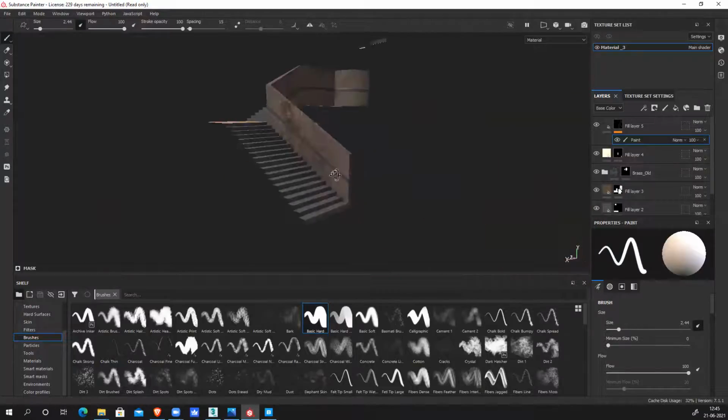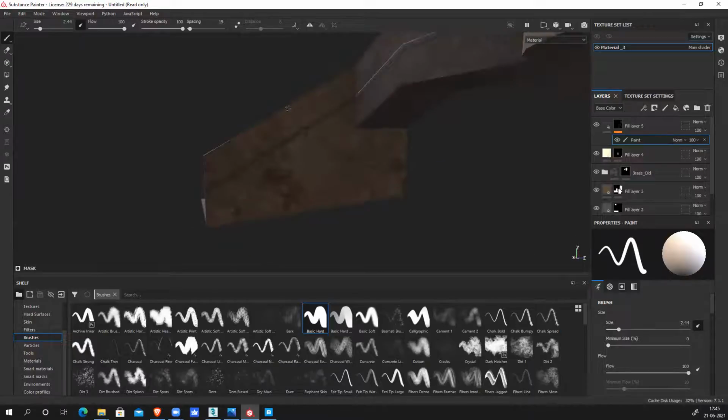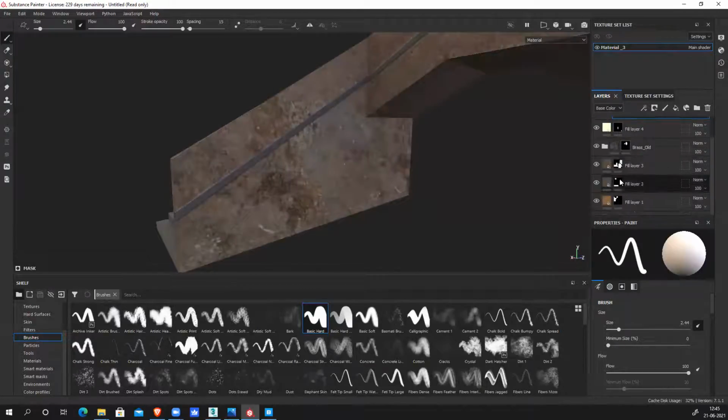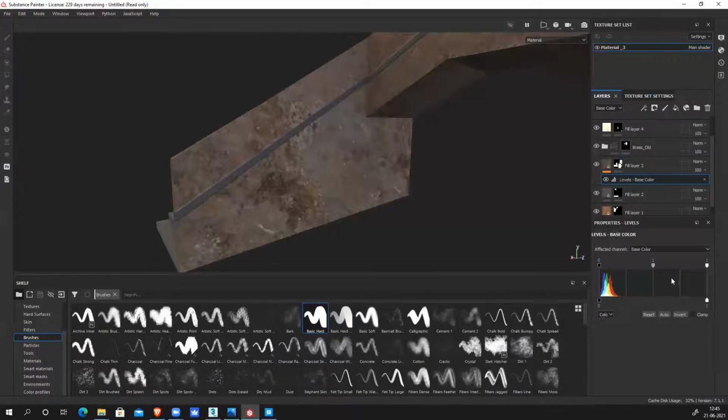So that border is ready. Now in my reference, this border, the upper part is a different color. It's more of a yellowish tint, and this base is a slightly grayish color. So let's see, this is my base. Select the base, right click, add a level. I want to make it slightly grayish in color.